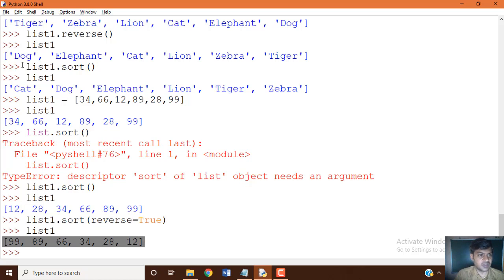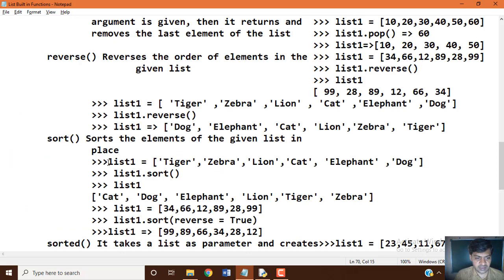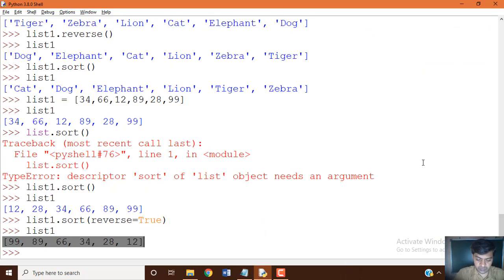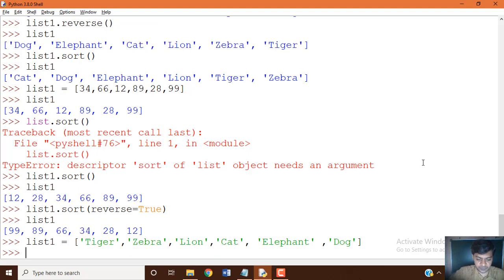Now the same thing you can apply to string values also. Let's take it again as an example, where you want to print in descending order.